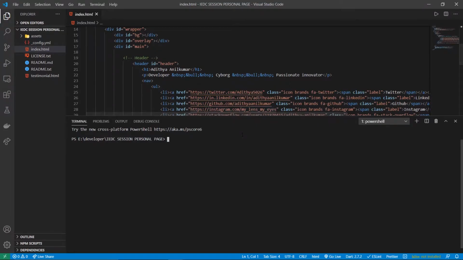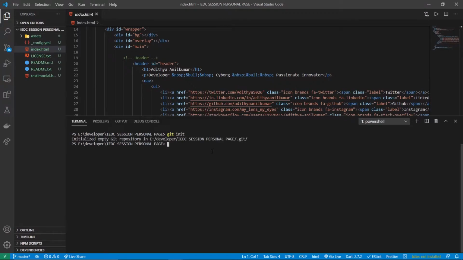The first thing that you need to do is actually initialize Git in your web page folder. In order to do that, the command you give is git init. This initializes your web page as a GitHub repository. And after initializing your web page as a GitHub repository, the next thing you need to do is link your local GitHub repository to the remote repository.